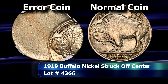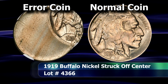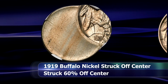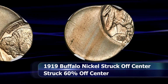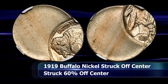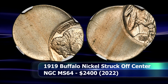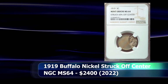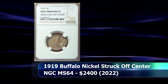How about a coin struck so far off center that it really isn't even round anymore? Well, this is what we see here with this Buffalo nickel that was struck about 60% off center towards the 2 o'clock position, relative to the obverse of the coin. We can see that this was a 1919 nickel, but the mint mark unfortunately is nowhere to be found. Graded by NGC as MS64, this is the first coin on this list that was once in the Milt Cohen collection, and at auction it achieved a closing price of